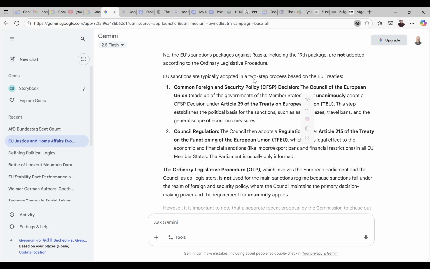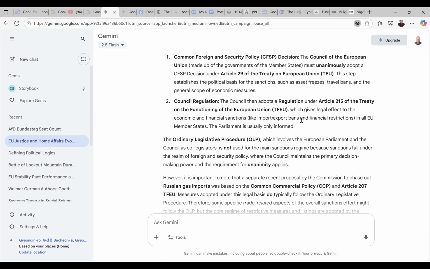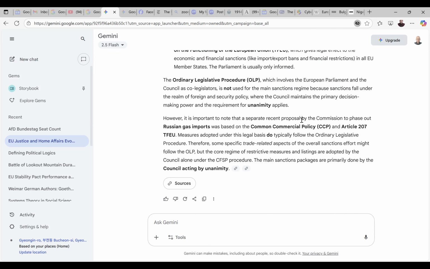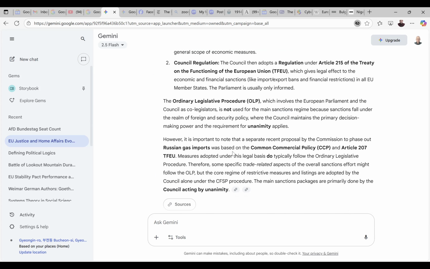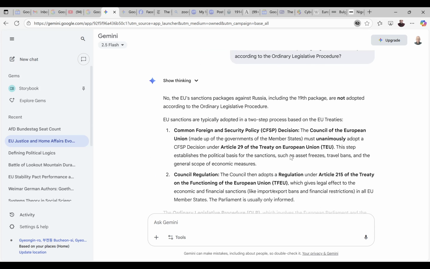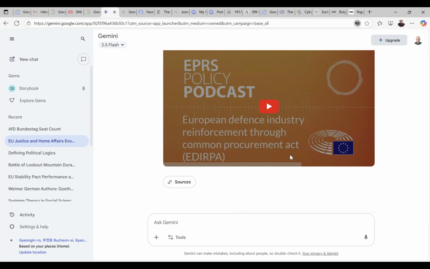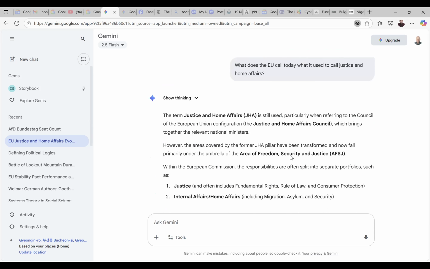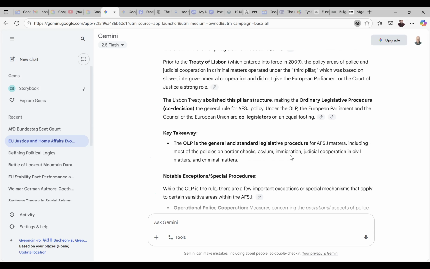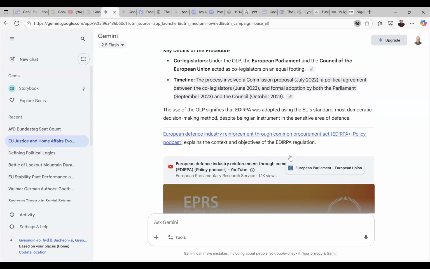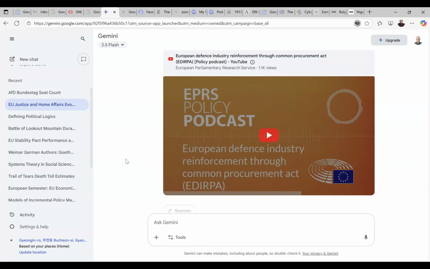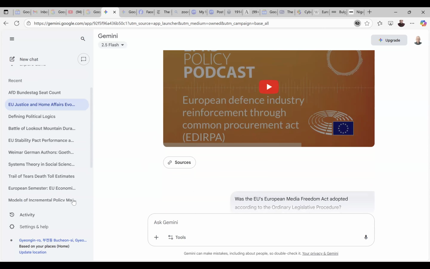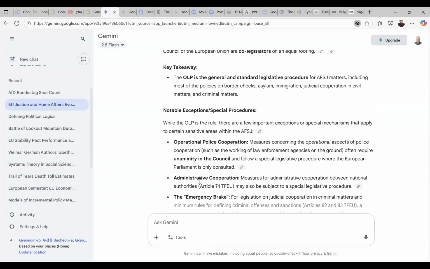But highlighting, of course, that the common foreign and security policy, according to Article 29 of the Treaty on European Union, still requires unanimous votes, right? By acting with unanimity, according to Article 207 of the Treaty on the Functioning of the European Union. So again, that's where I have to stop, because we have to quit our class. But I'll post all of these Gemini findings just to show you how the European Union acts incrementally to build upon what it already has, to adapt it and expand it to new challenges and problems.